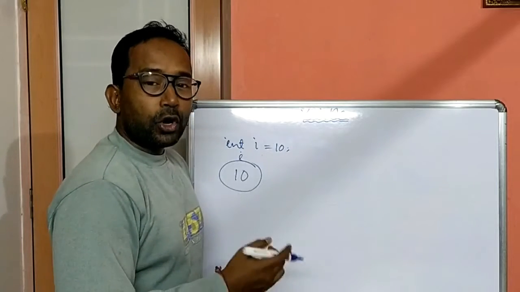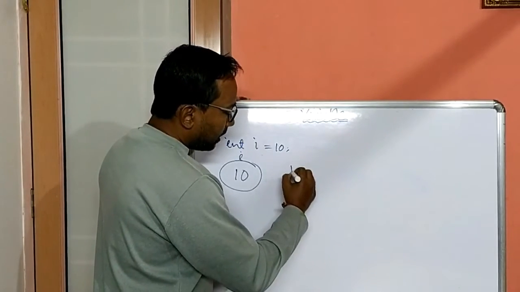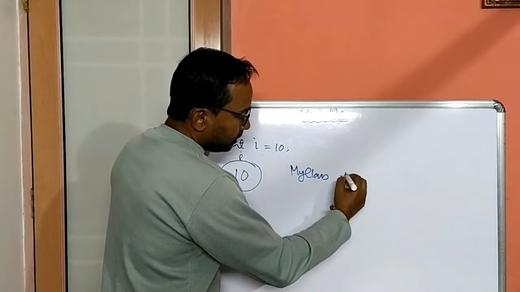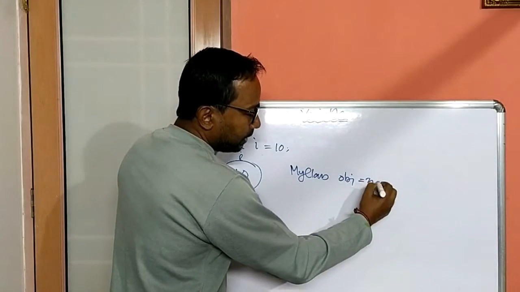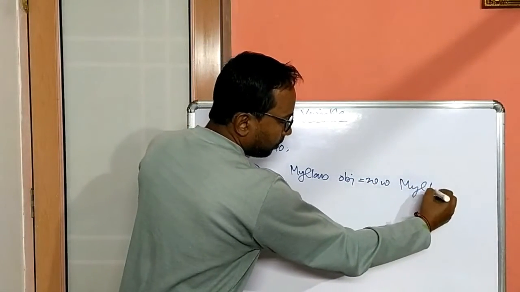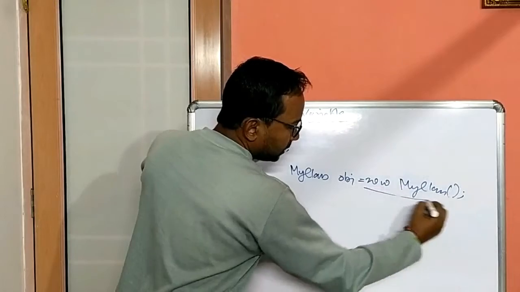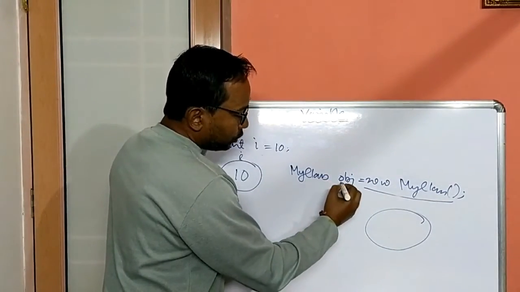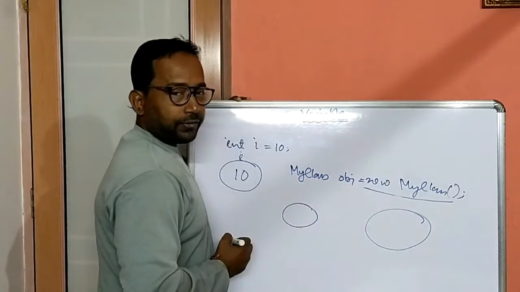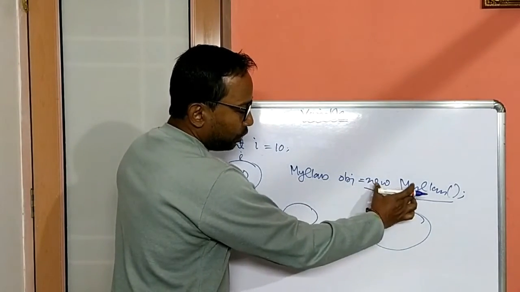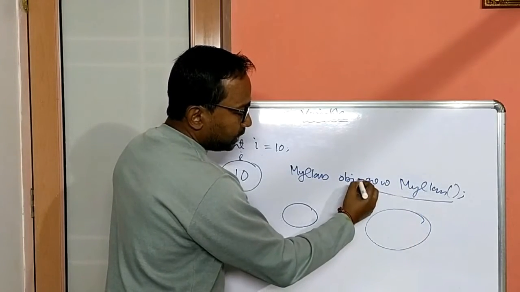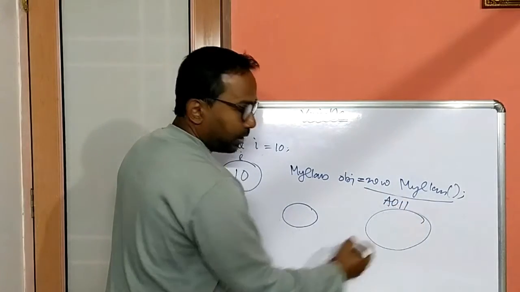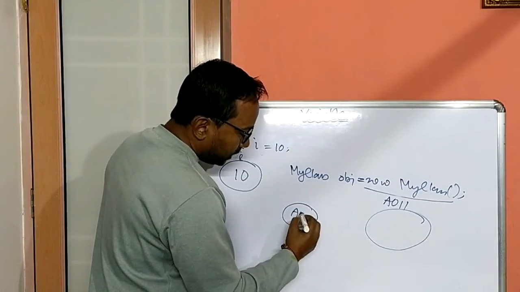Now reference type, non-primitive data types. I am using a class name. Class is what? Non-primitive type, MyClass obj, and what do we write? Equal to new MyClass. This new MyClass actually creates one object, and then obj will be one reference variable where the address of the newly created object will be stored using this assignment operator. The address of this memory area is suppose A011. That A011 will be stored in this memory area.